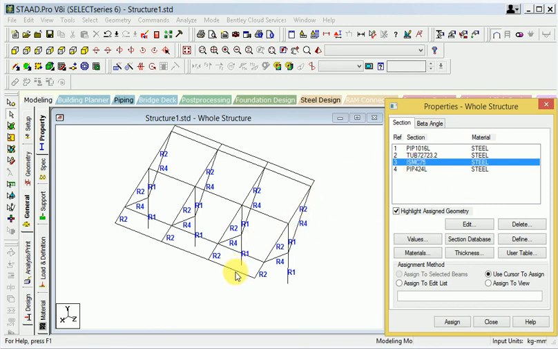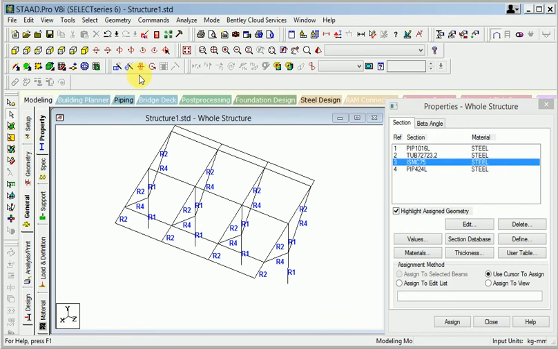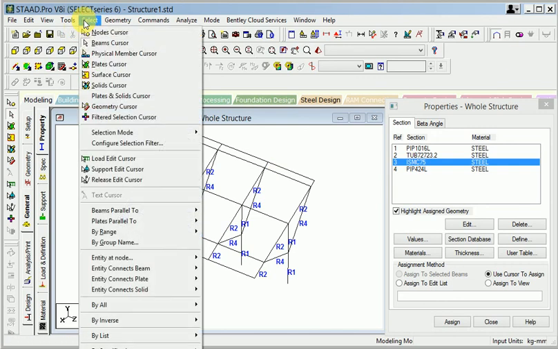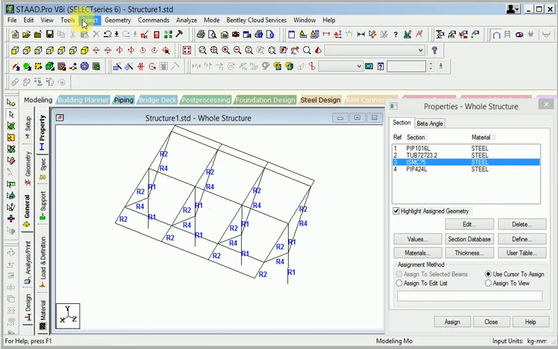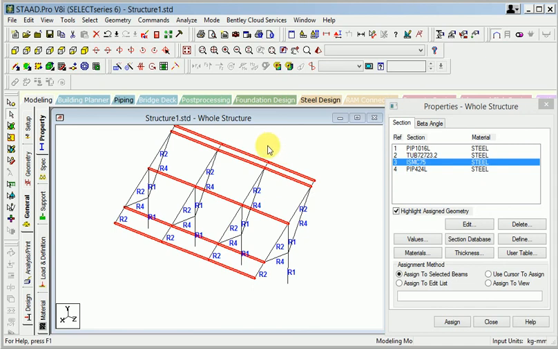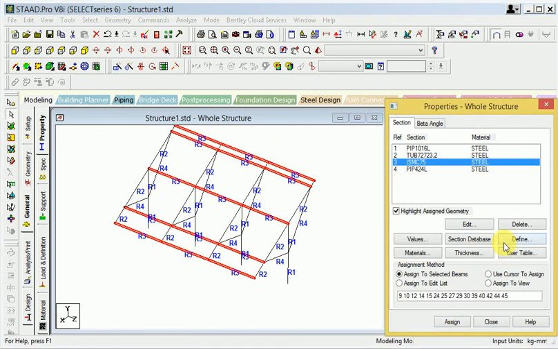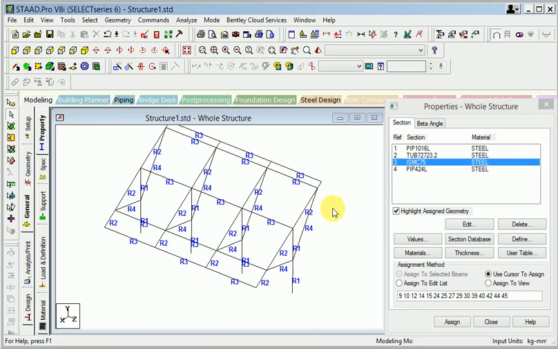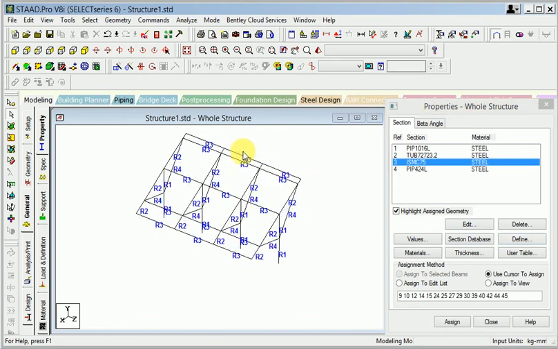So I select this whole selection. We directly select here, and this one is Y direction. Okay, this one is going to be Z direction. This whole purlin is selected at one time and then apply. So this is complete for the panel structure.